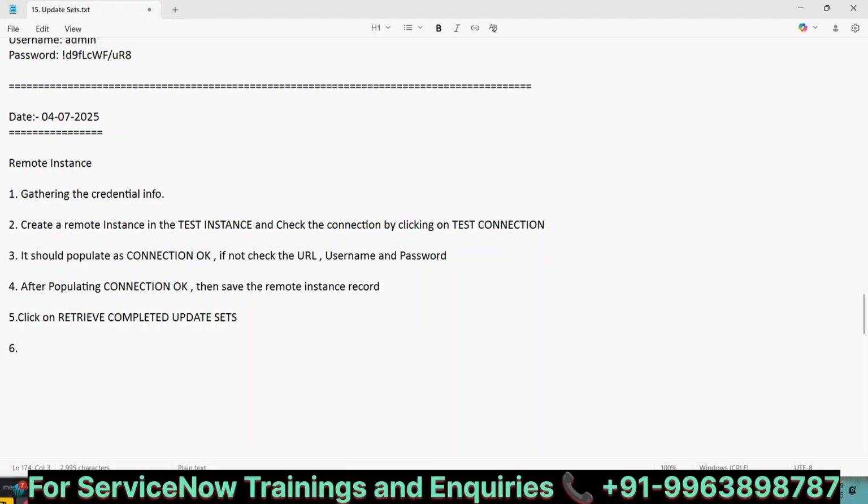And if you have any doubts regarding the updates, you can click on run preview again, and after clicking on retrieve completed update sets, check the update sets which are retrieved. Sorry for the spelling mistake. Okay. Then